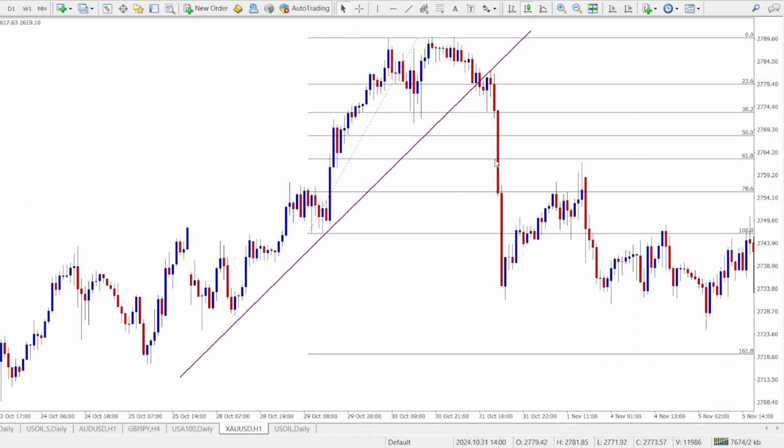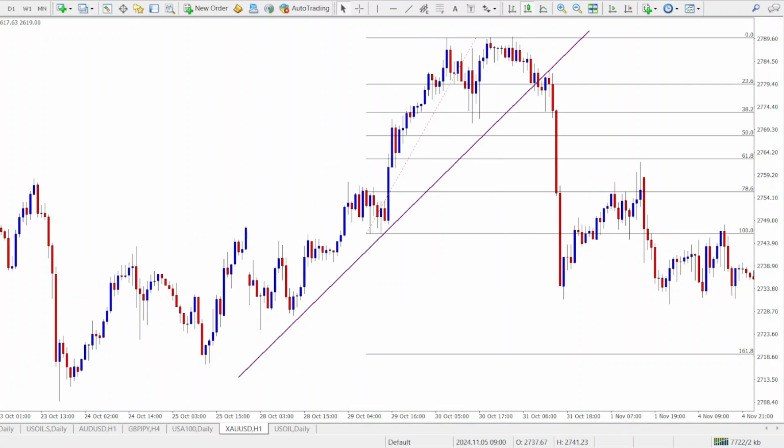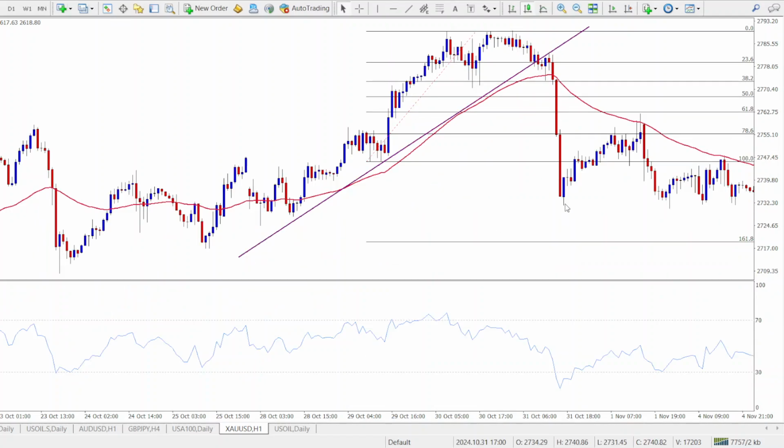We are not just guessing here, right? We need confirmation. Confirmation is key. So you might want to add on other indicators like the RSI or the moving average. I'm just going to be adding both the moving average and the RSI to the chart just for extra